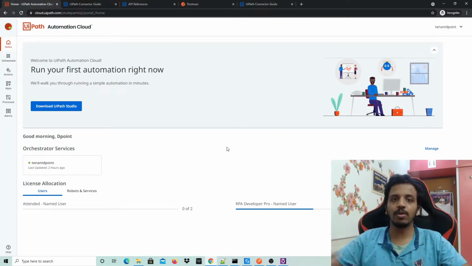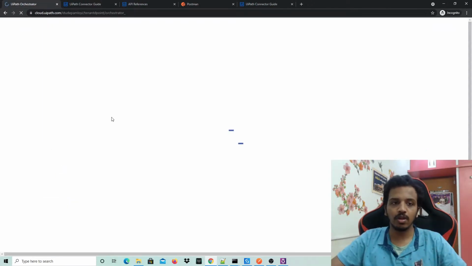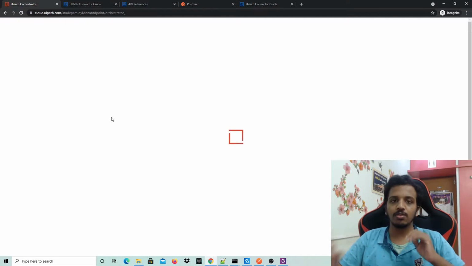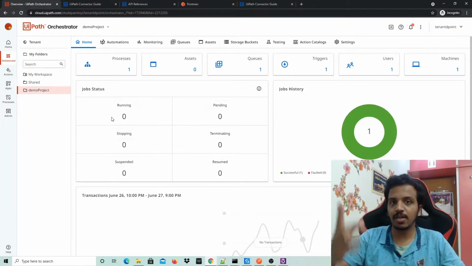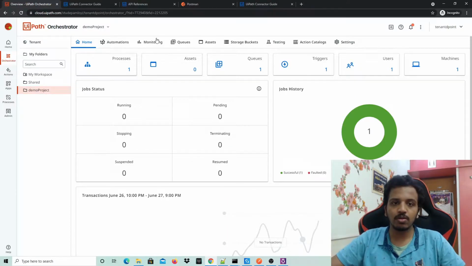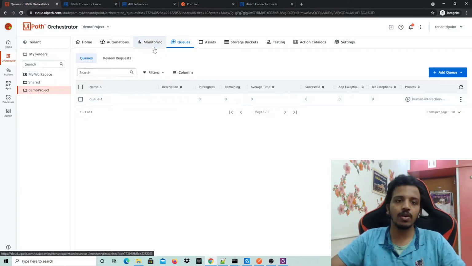Let's try to understand what is the aim of today. We have orchestration. As part of that, we have a tenant and we have a queue and we have a trigger also. All the intention that we are having today is to pass some request and place it in the queue. Let's go and see the queue. Yeah, we have a queue called q1 which we created in the previous video. If you have not seen it, please go watch that and then continue with this.